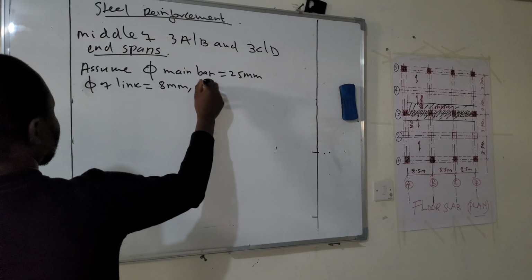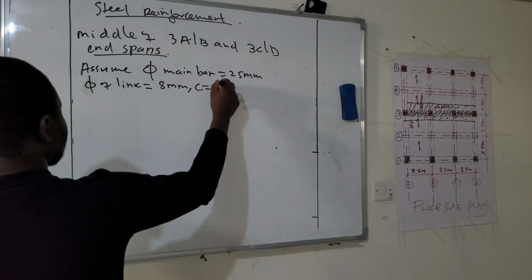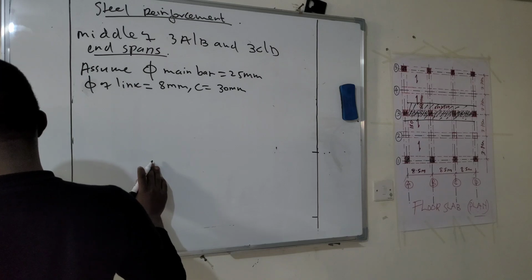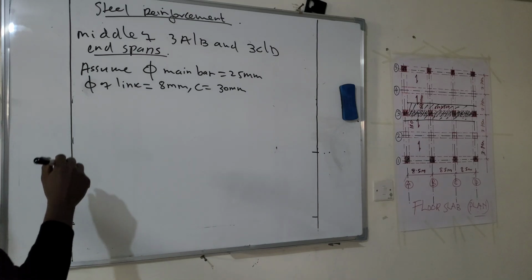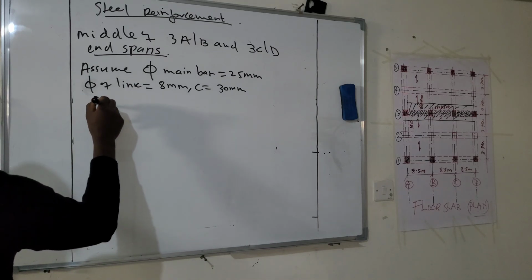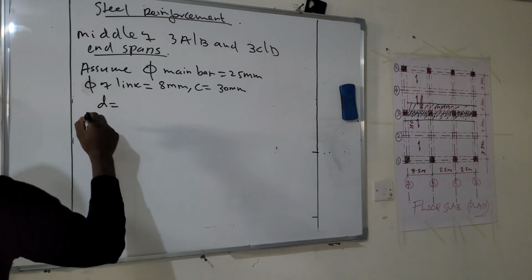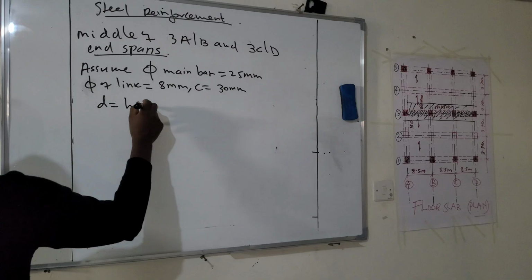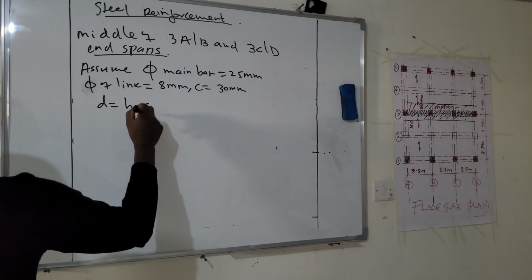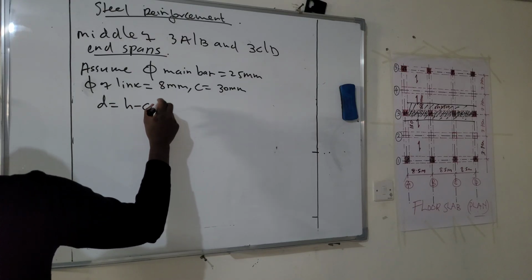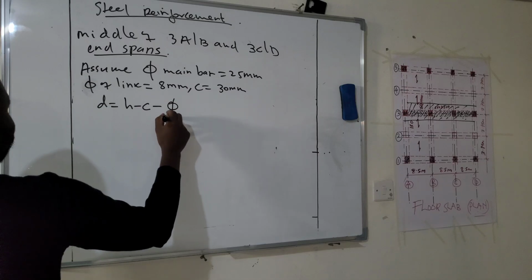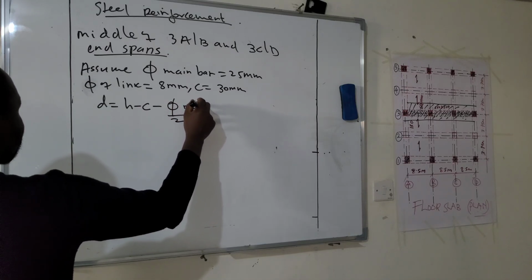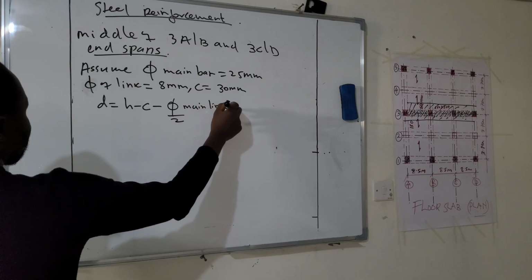Cover is equal to 30 millimeter. Then the effective depth. So the effective depth, which is D, is equal to H minus cover minus a half of diameter of the main bar